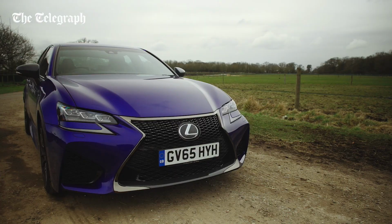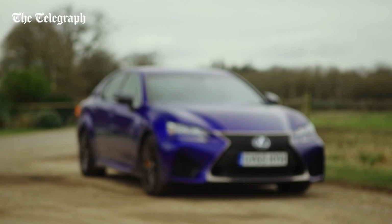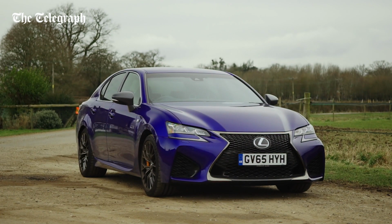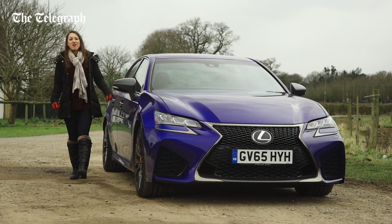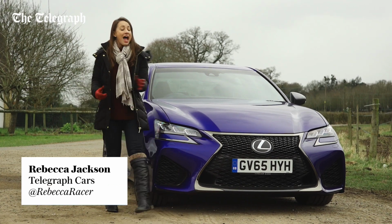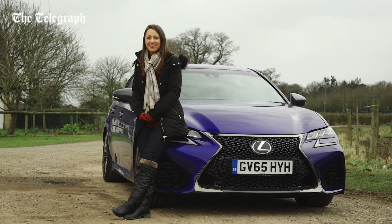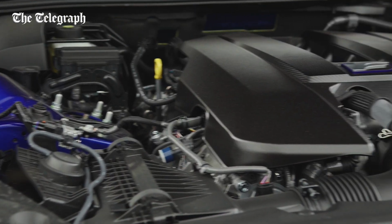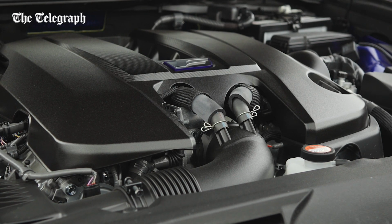Some cars are hard to justify on merit alone and yet still leave you wanting more. The Lexus GS F is just such a machine. This car follows on from the ISF Sports Saloon of 2007 and more recently the RCF Coupe. Just like those cars, it's powered by a naturally aspirated 5-litre V8 petrol engine, with power going to the rear